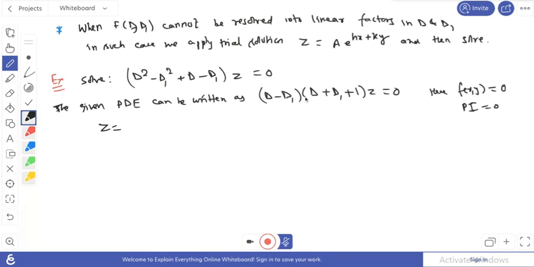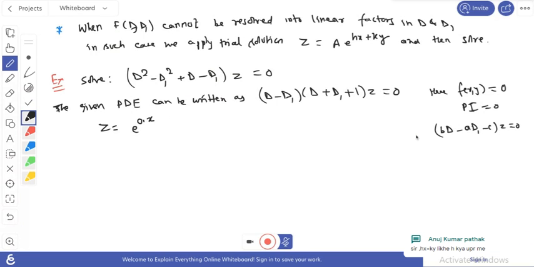Okay, so if we compare with our formula, I think our formula is like this, b d1 minus a d1 minus c, that equals to z equals to 0. Okay, so here you compare, for the first one, what is the value of a here, what is the value of b here. So here c is 0, okay, c is 0, so we can write our solution as e to the power c is 0, 0 into x, we can write in this form,